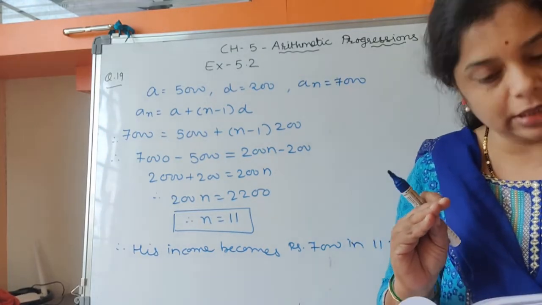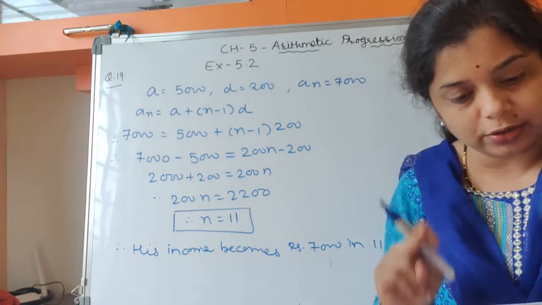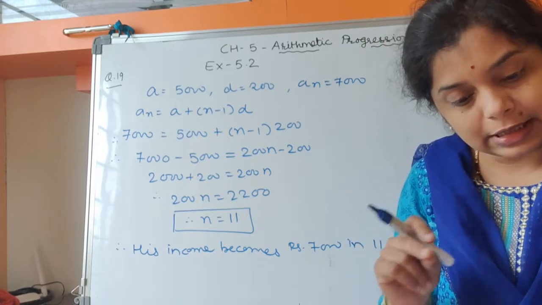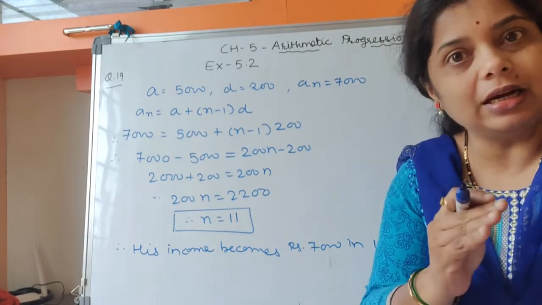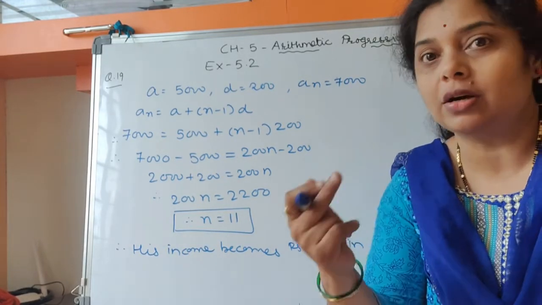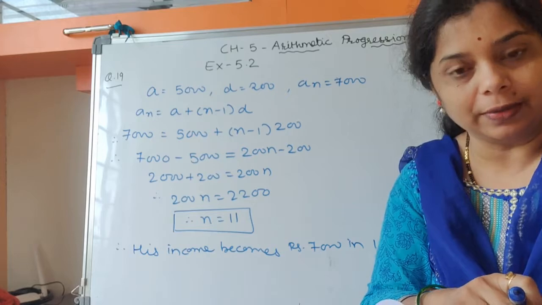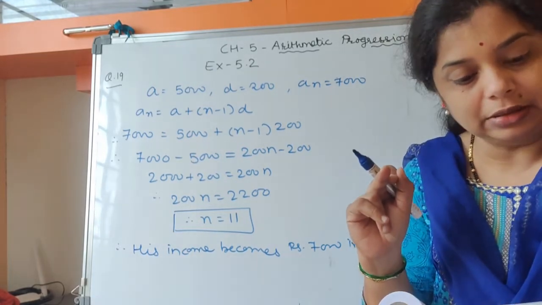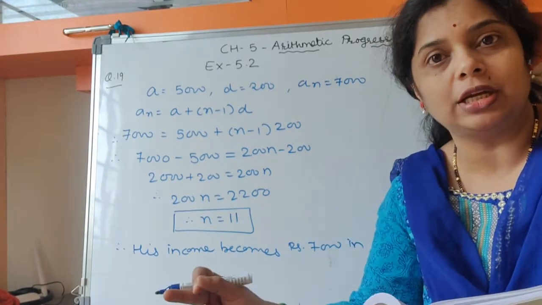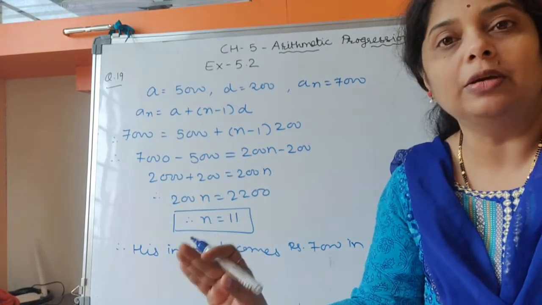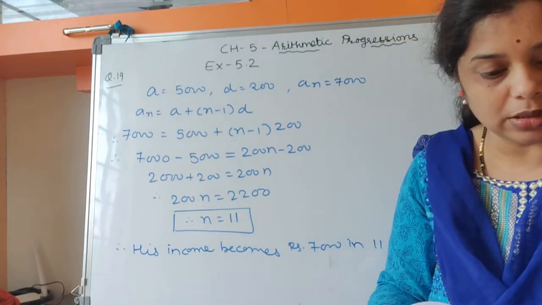जब उसने ज्वाइन किया 1995 में, तब उसका सैलरी था 5,000 और हर ईयर उसको इंक्रीमेंट कितना मिलता था? 200 रुपीज. So in which year did his income reach 7,000 rupees? It means the first term, the starting, is 5,000. The increment is a common difference, every year the same. So here D is equal to 200. And in which year did his income reach 7,000? It means 7,000 is the end, the last term. Is it clear? Okay, so this is the question.